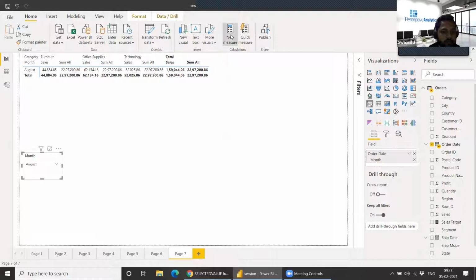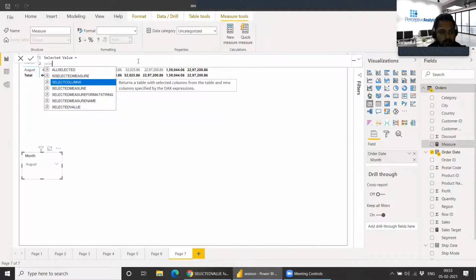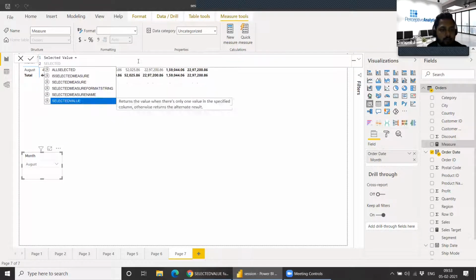How does it work? We have the SELECTEDVALUE function.